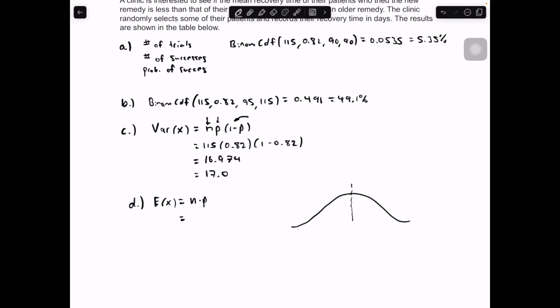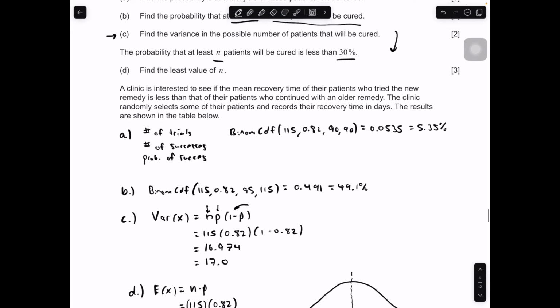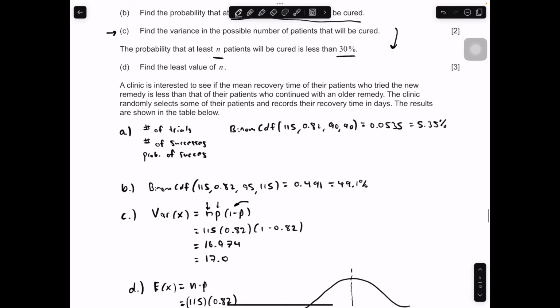And generally, in kind of plain language, we have 115 patients, and on average 82% of the patients are cured, or an individual has an 82% chance of being cured. We would expect 82% of this population of 115 to be cured, and so we would expect 94.3 patients to be cured on average. So if we're asked to find the probability that at least n patients will be cured,